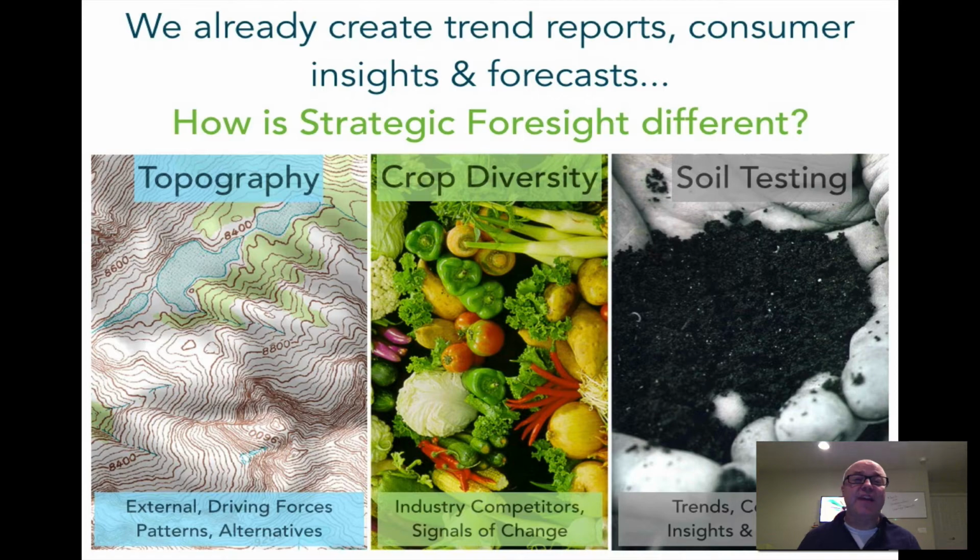So this next slide, of course, is our analogy about the difference between forecasting, way down at soil testing, and in the middle you've got benchmarking and competitive intelligence. And at topography, that analogy is, of course, strategic foresight, the 30,000-foot view. The extra notes I wrote on this were almost nothing because we wrote a lot of good notes here on this page, and I don't want to confuse you with any more. There's not a lot that you need to add.